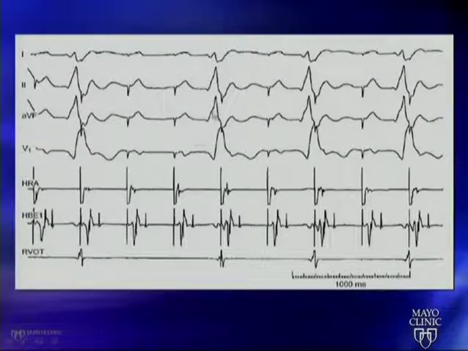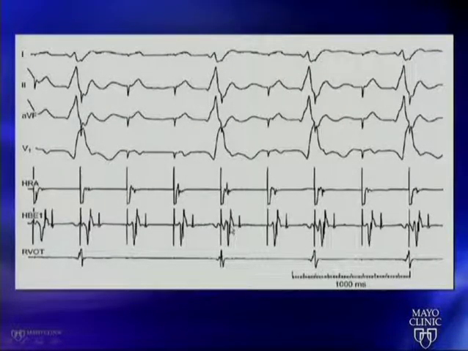Notice when you have a conducted beat, you have pacing spike A and V, you look at the His bundle electrogram, you see atrial electrogram, His, delay, and V. But now in this next beat, where you have pacing and capture of the atrium, but no QRS complex, the block occurs after you see the His bundle electrogram. So you made it through the AV node. That wasn't a problem, but the problem is once you got to the His, you couldn't get to the V